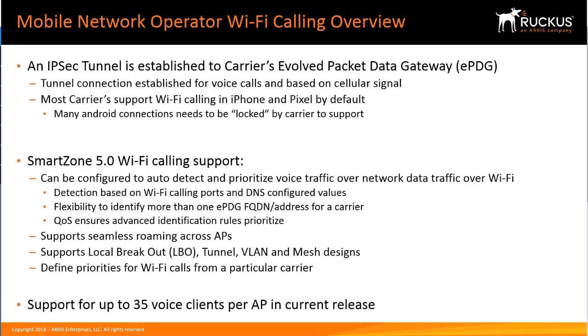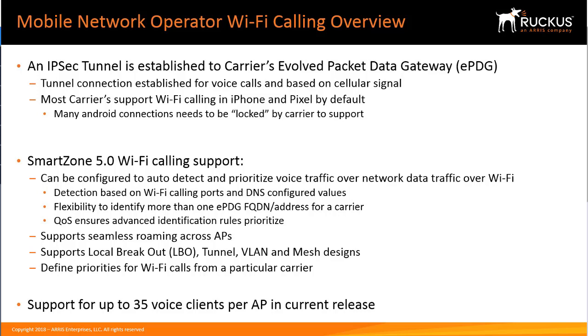It is flexible to identify more than one of the fully qualified domain names or IP addresses of the carrier's evolved packet data gateway. And so therefore we can supply multiple, specifically up to 5 different ones per carrier when it comes to those gateways in which those carriers are wanting to provide this Wi-Fi service. Also, QoS ensures the advanced identification of these rules and can prioritize them according to the configurations you have within